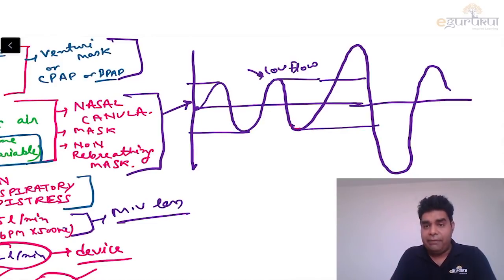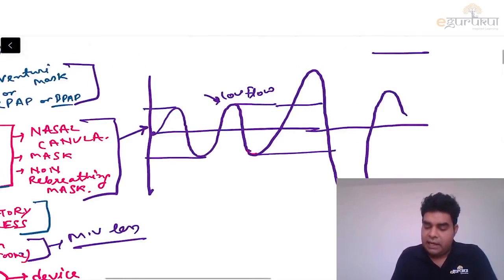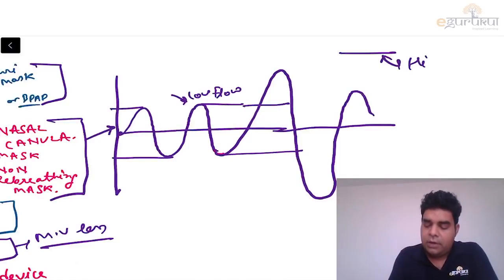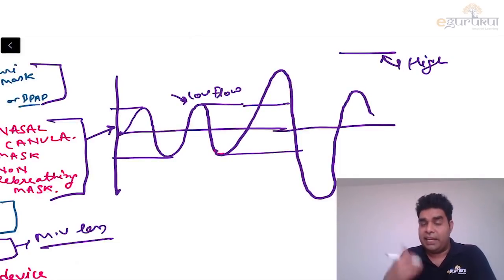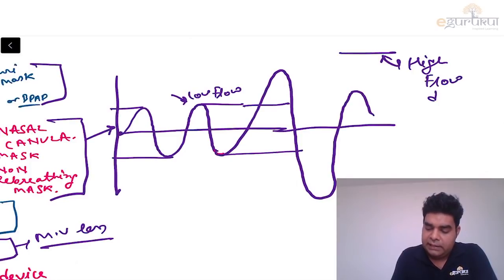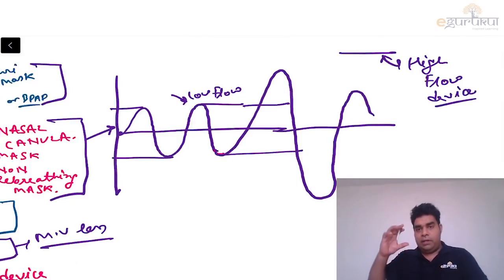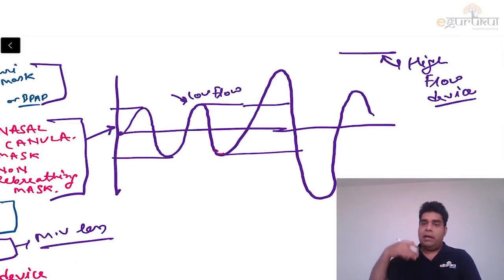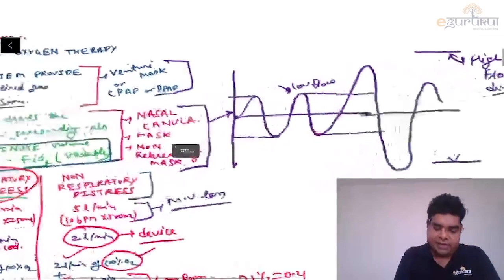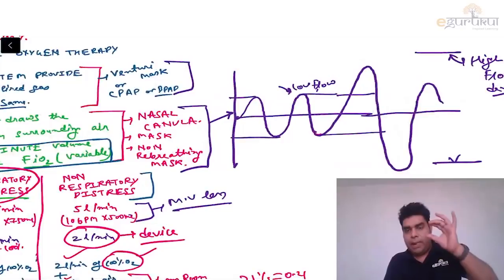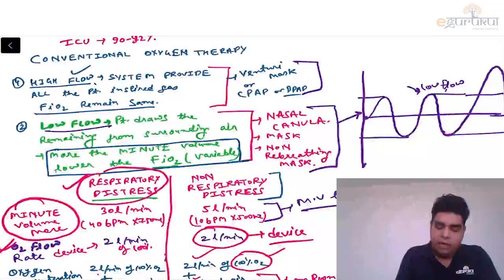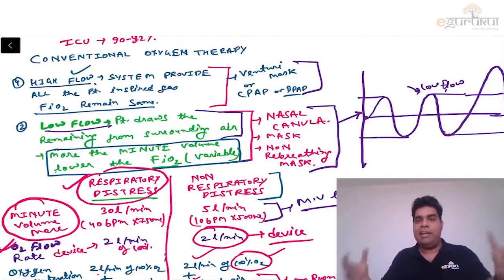Okay, and when we use a high flow device, it can provide air up to this much amount, and up to the amount which the patient is gasping. Okay, so not gasping, but up to the amount which the patient is taking in. So this high flow device gives enough oxygen, the amount needed during respiratory distress. But in case of a low flow device, we have only the basic amount of air which the patient is taking. Okay, that's why in the low flow device, the patient draws the remaining air from the surrounding.